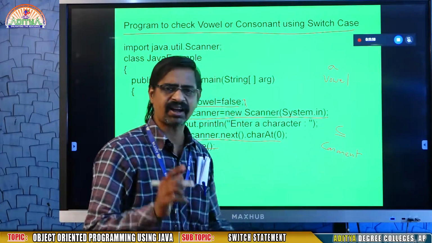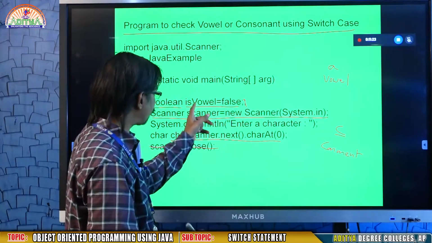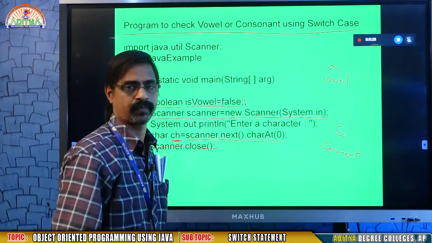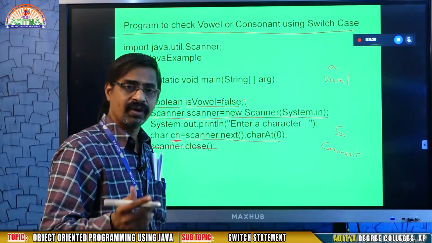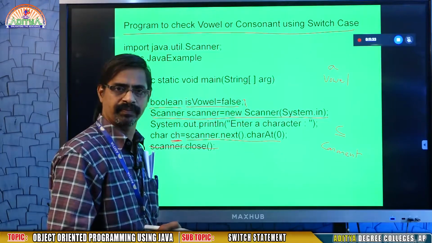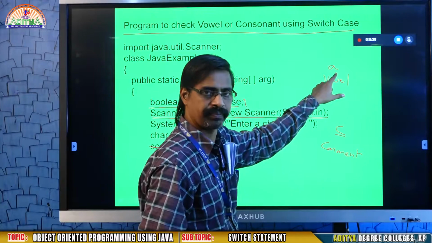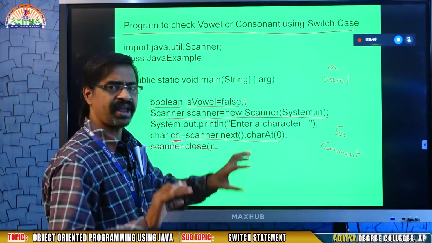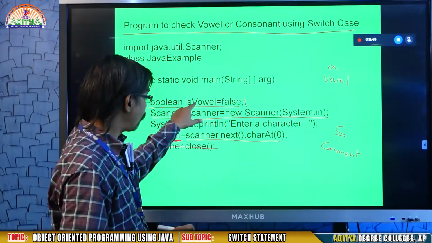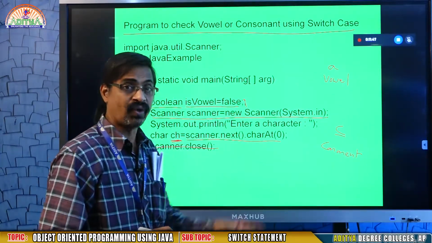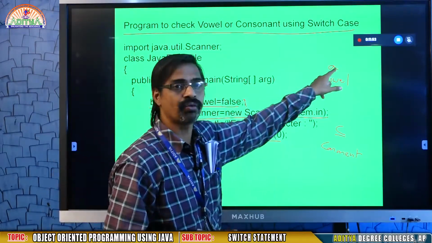At first, the given character is A, E, I, O, U, I will check it. If it is A, E, I, O, U, I change isVowel to true. When isVowel is true, it means the character you entered is a vowel. For example, in case I am going to give A. So, assume A, E, I, O, U. A belongs to A, E, I, O, U, one of the characters. So I will make isVowel true. When isVowel is true, it means the given character is a vowel.